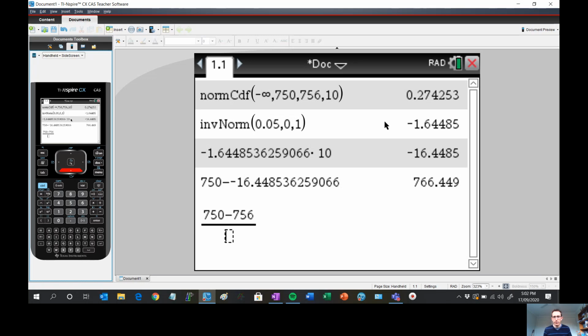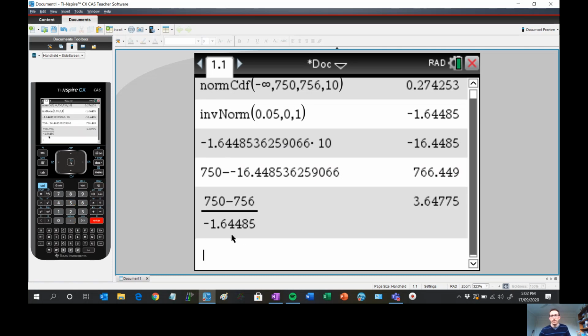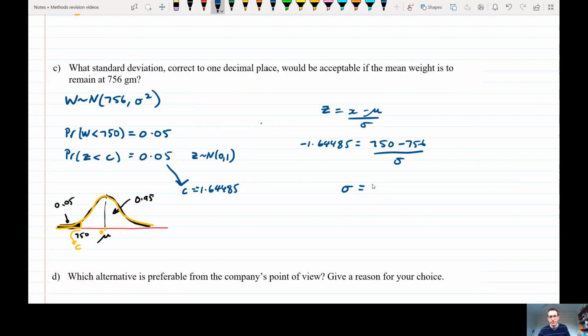In the denominator, we're going to bring down our 1.64 into there. It's not going to work for me, of course. Sometimes it works, sometimes it doesn't. Okay, it's not going to do it for me. Negative 1.6. Give you 3.6 grams